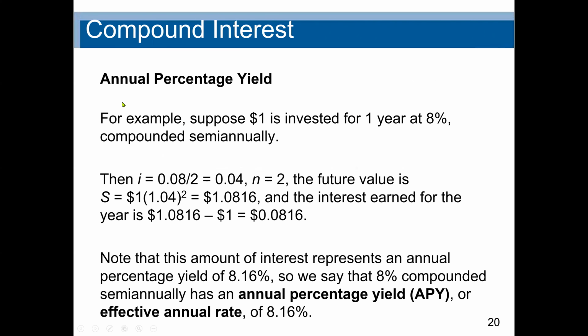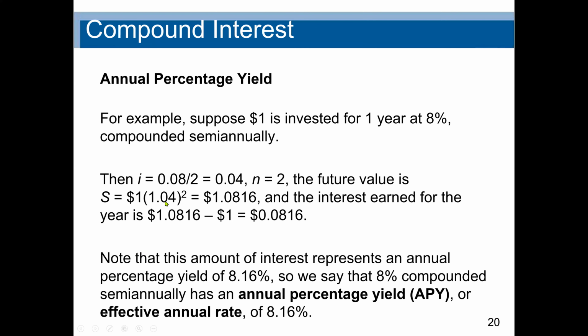So we have the concept of annual percent yield. For example, suppose $1 is invested for 1 year at 8% compounded semi-annually. Then it will give me 0.08 divided by 2 because it is semi-annually. And also n will be 2 because it's 1 year, and semi-annually is 2 times 1, so n is 2. So in this case, to find the future value, it will be $1, which is our principal amount,